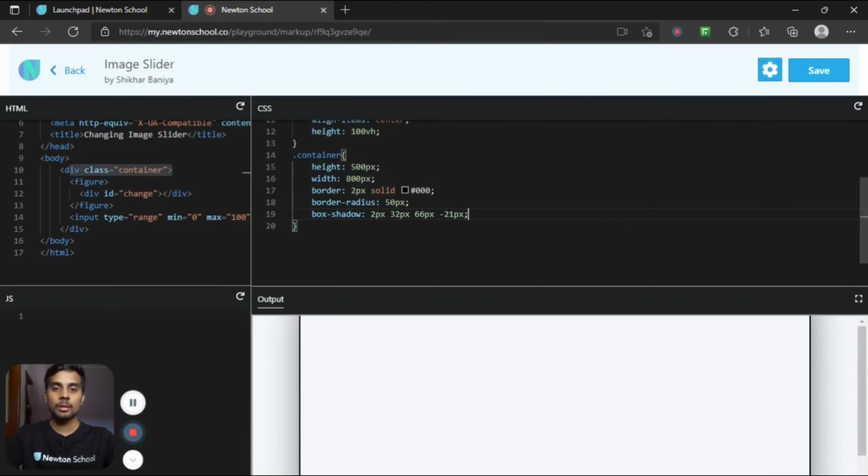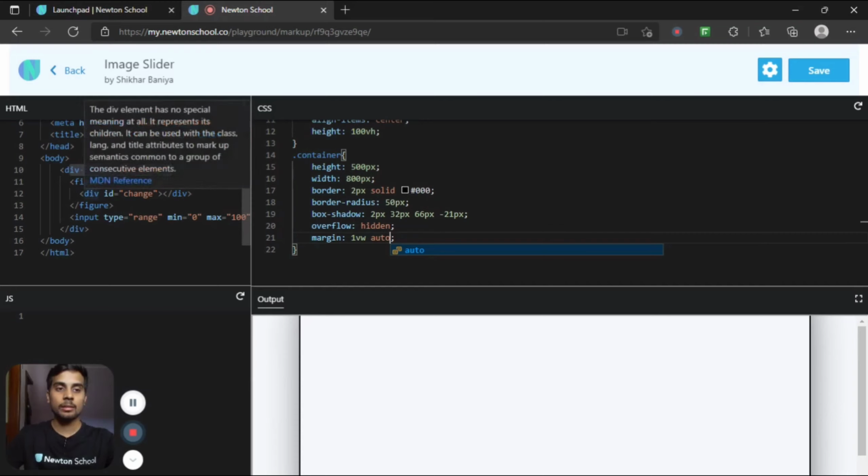All right. Next, I want to set the overflow property to hidden, so the image will not go outside this box. Or if there is any overflow, it will get hidden. All right, so that's it, I guess. Also, let's give it a margin property of 1 view width and auto for left and right. Okay, so our container is done.